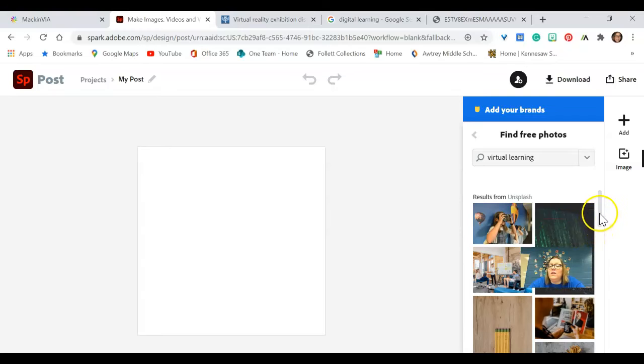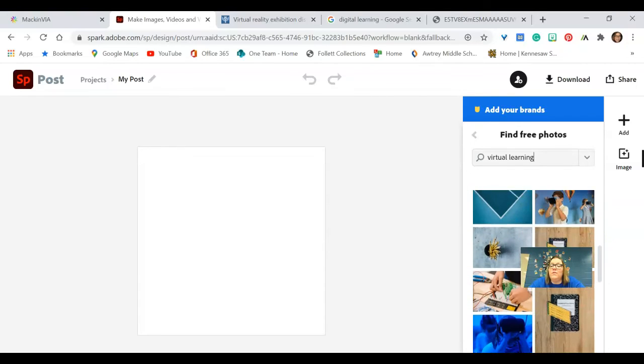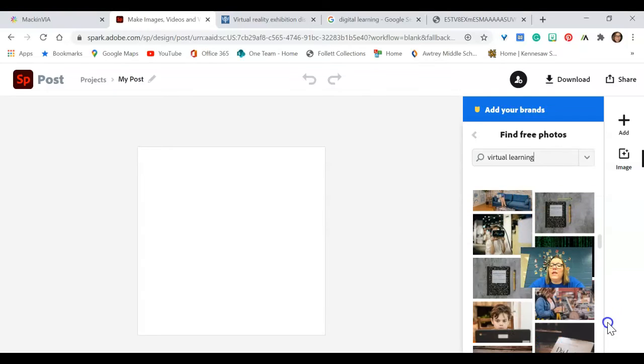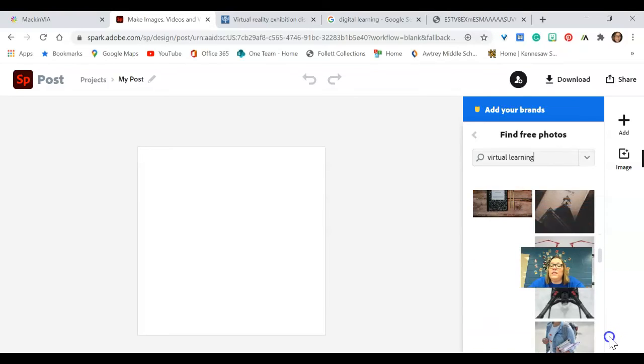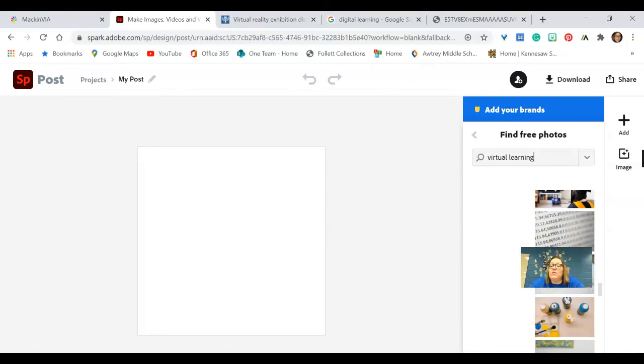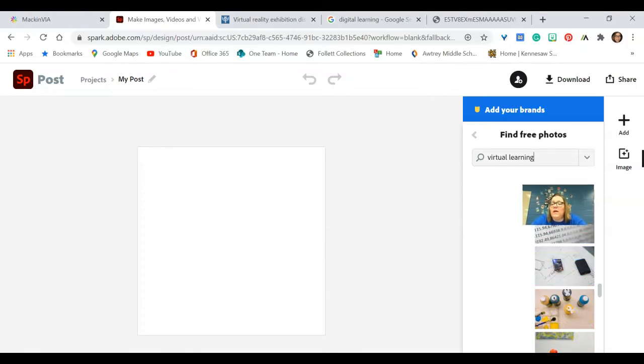And it kind of reminds me of The Matrix, if you've seen that movie. But it's searching both words, so virtual and learning, and it's also putting it together, virtual learning. And I'm just looking to see if there's anything that draws my interest. I can't see the one behind my picture, so